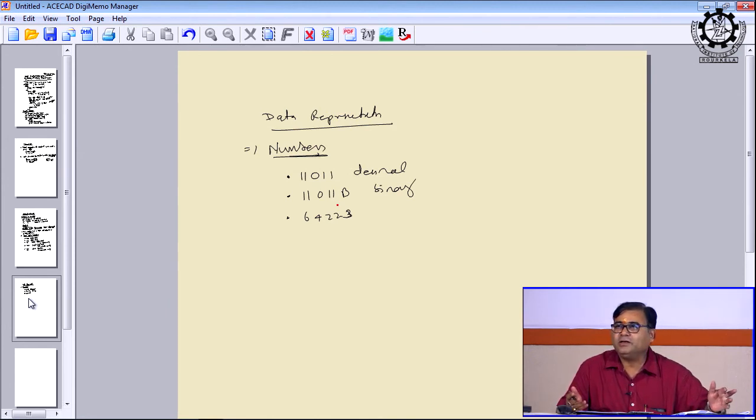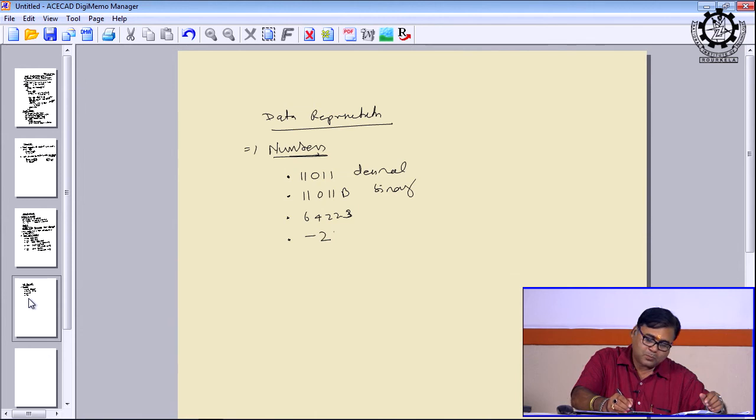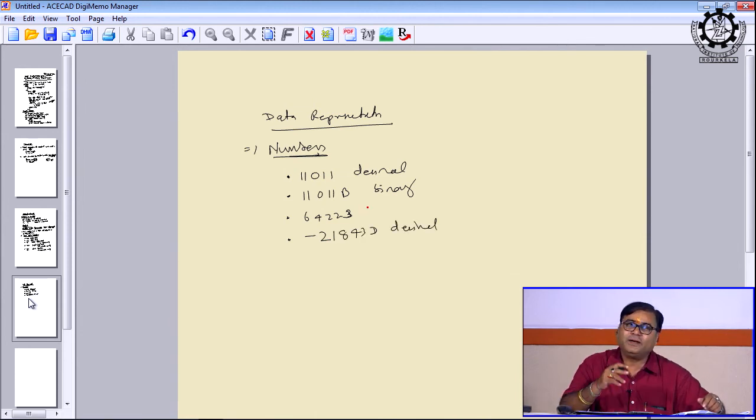I am not mentioning any symbol. So, therefore, it is decimal. For decimal also you can explicitly write D. If you do not write anything, it will be taken as decimal, and if you want to explicitly make it decimal, then you can write D also.